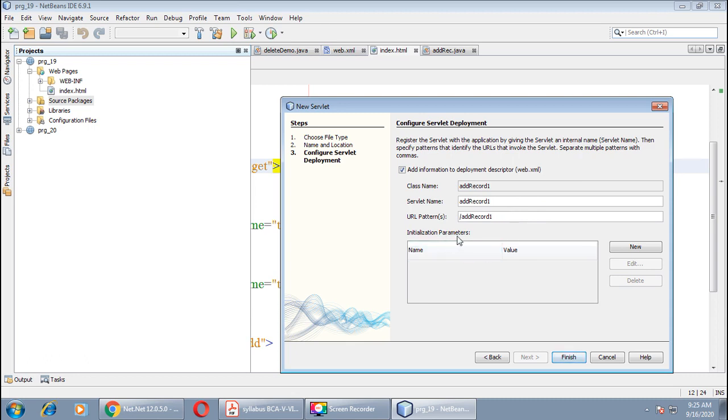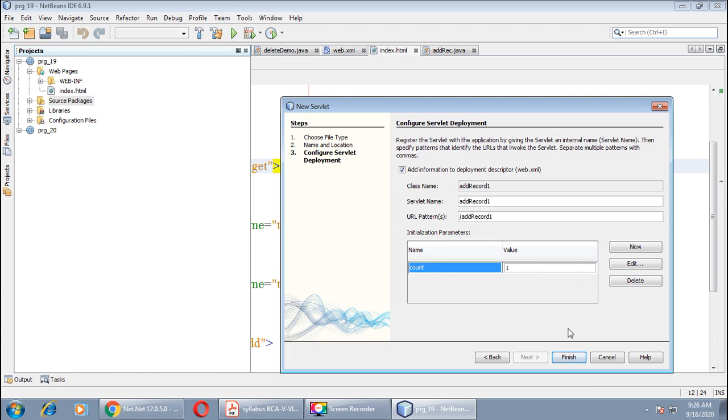Even you can initialize the parameter from here, as I have shown you in the previous program. You can enter the parameters in your web.xml, or another way is you can go through this window also. Here you can enter the value like count, and the value is 1.